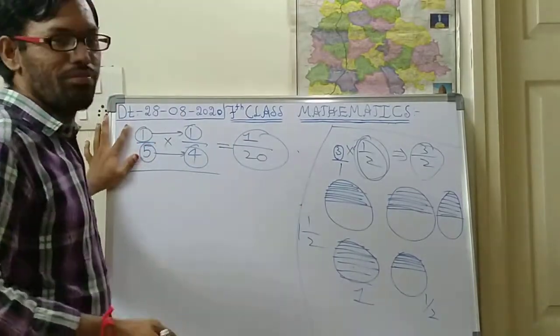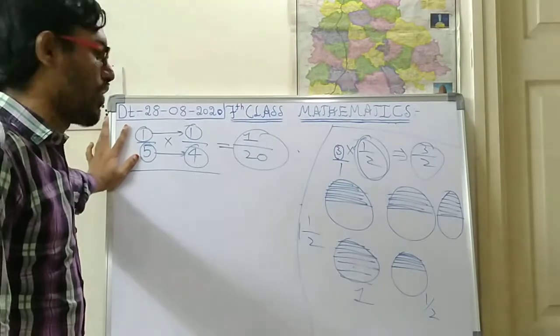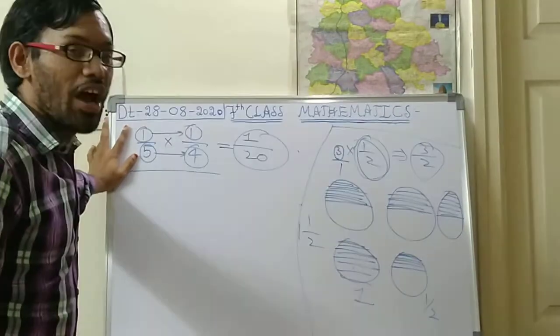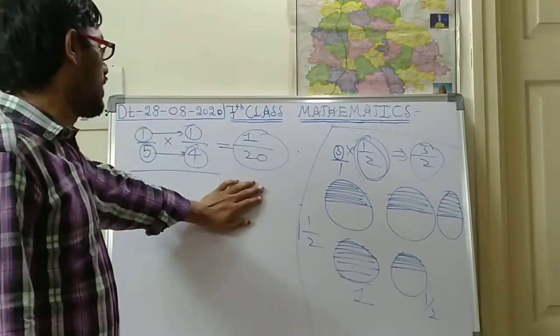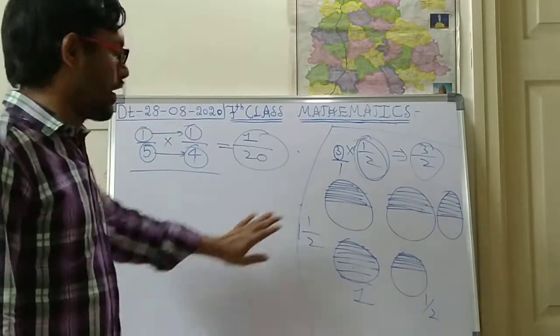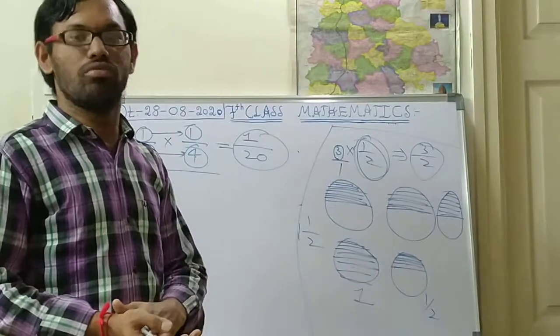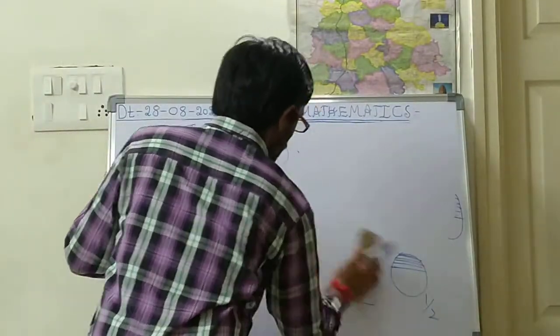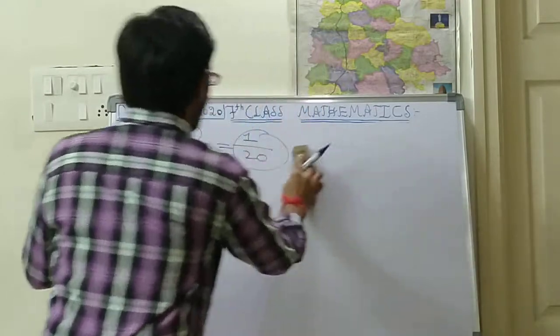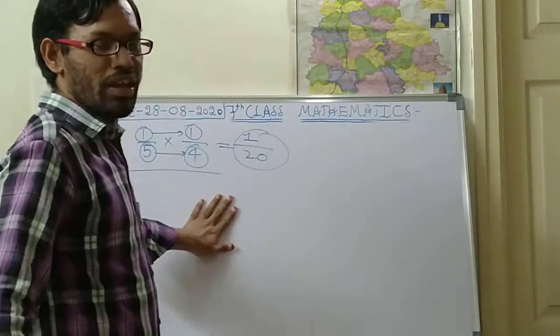Now we got this multiplication of a fraction with a fraction. Now how do we show this fraction, this result and this process in the pictorial representation? We have to check. So till now I think you have understood very easily.